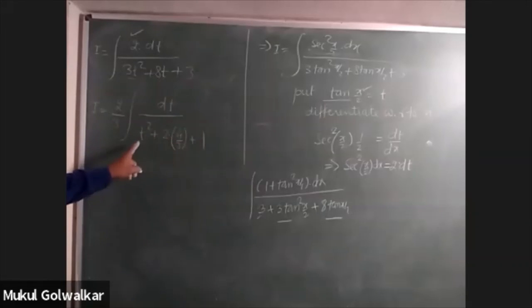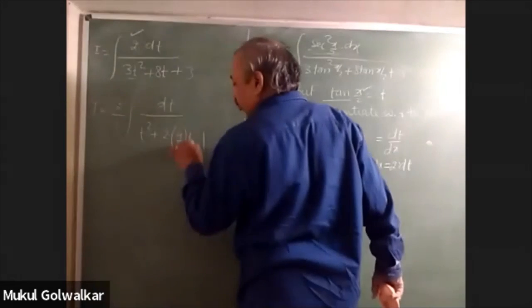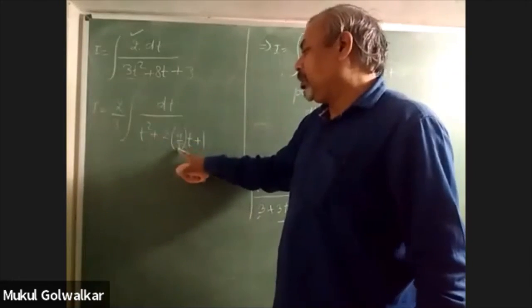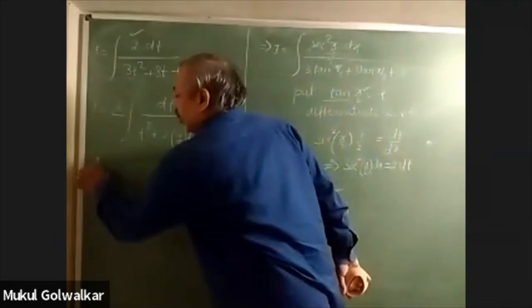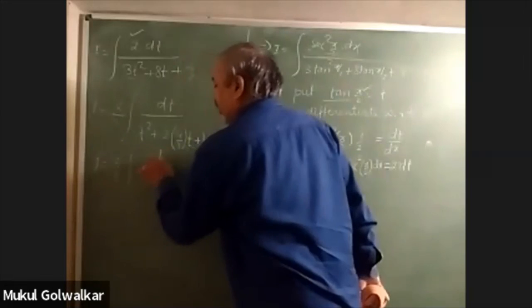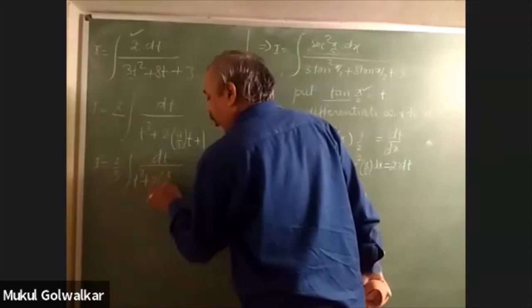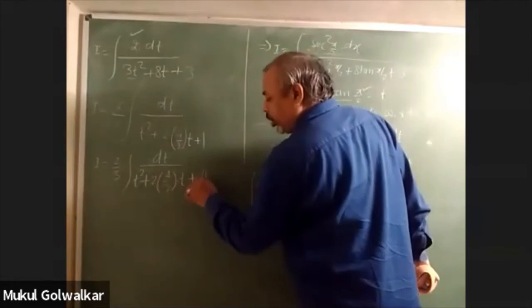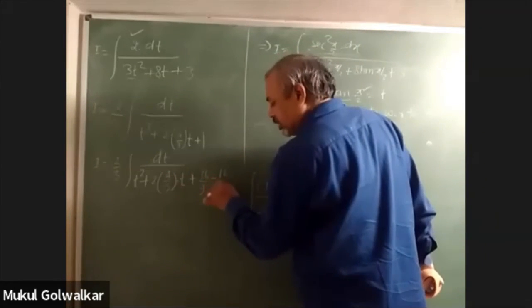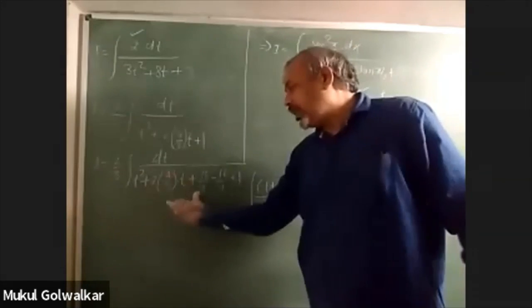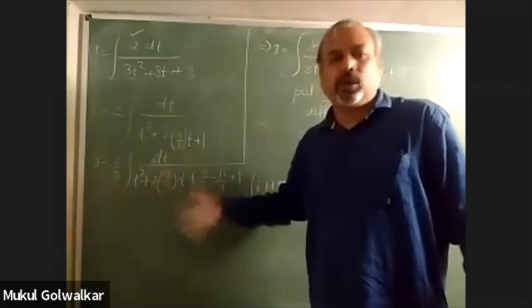So you are required to make now a square plus 2ab. Sorry, I forgot to write down t, so let me write t also here. This is t plus 1. So this is a square plus 2ab. What term do you not have? That is b square. So you write 2 by 3 dt upon t square plus 2 into 4 upon 3 into t plus b square, that means 16 upon 9, which you don't have, so you have added it, and you are separating now and writing plus 1 also. And I hope hereafter you can make that quantity in the form of a perfect square and solve it today.